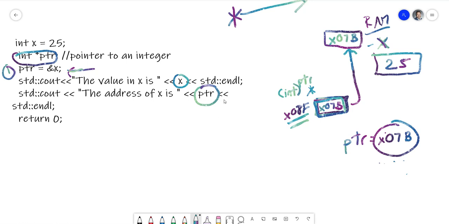So if you haven't already, check out my first video on this, or else you're going to be a little bit lost in terms of the pointer concepts. Okay, so we have this program. Now we also have the ability to actually